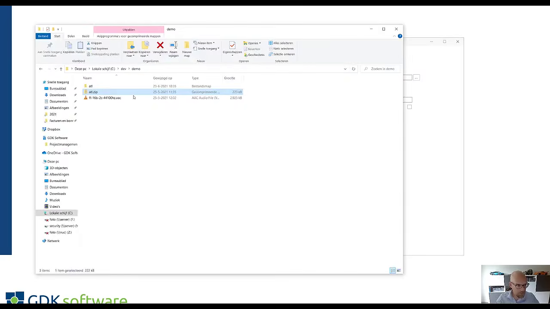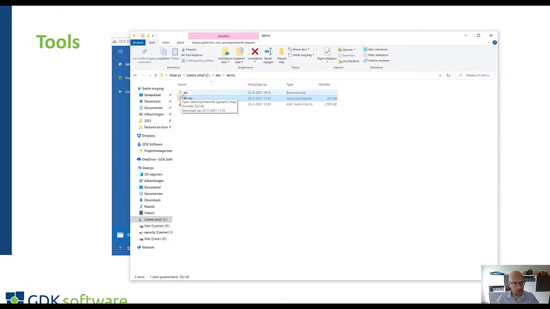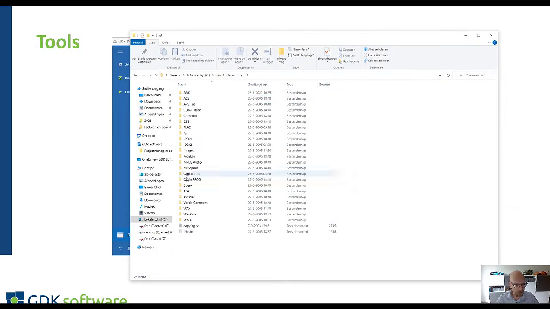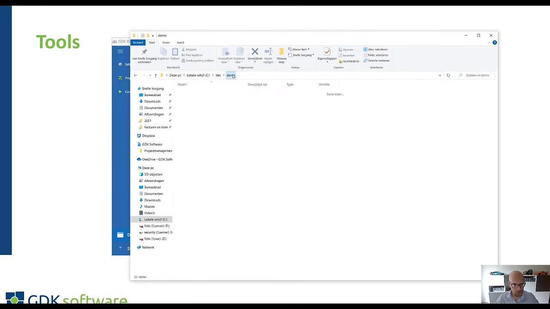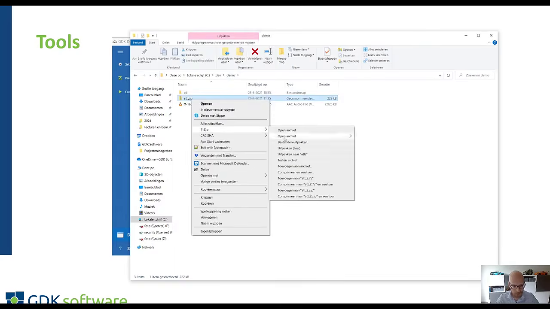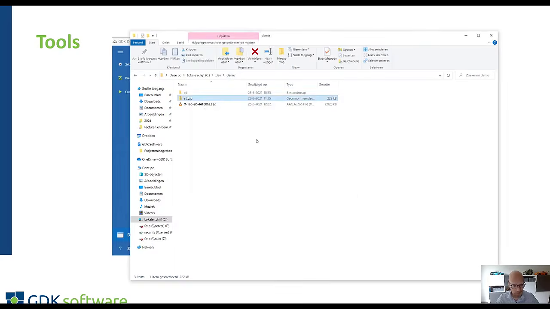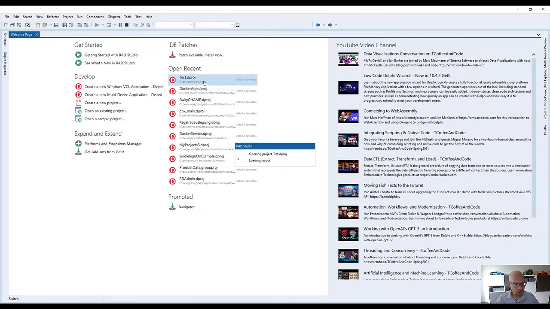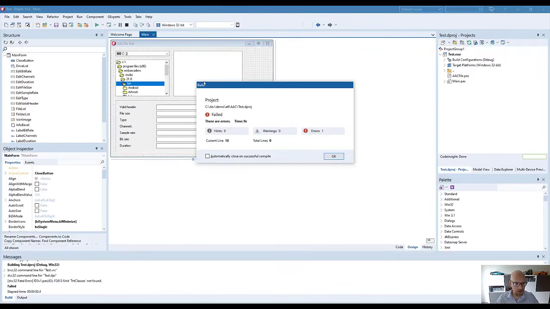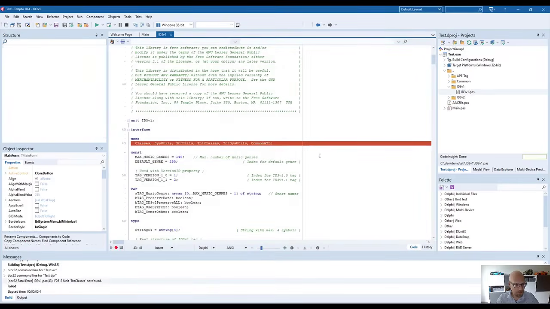For this demo, I found an online open source audio tools library, which consists of a couple of projects, and they are all in Delphi 7 still. So let me make sure that I have the version from, in this case, GitHub, I think, which is a Delphi 7 application. And if we try to run this in Delphi, you'll get errors because